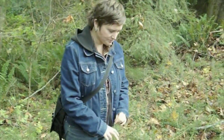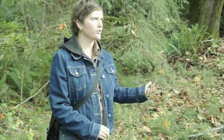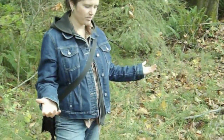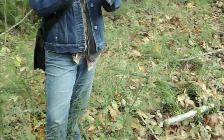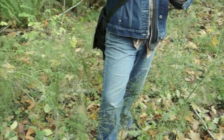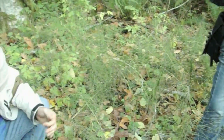Horsetail. Equisetum is in the same group as the ferns. It's a seedless vascular plant, so it's got a few more adaptations than the bryophytes and the mosses, but it's not as evolved as the plants that make seeds. It doesn't have